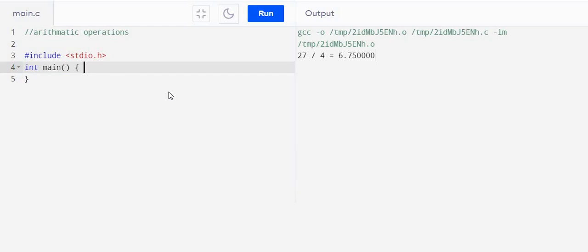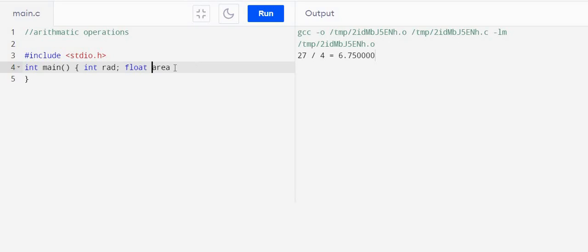Now let us consider, suppose you want to find out the area of a circle. Then for area of a circle, you need radius. So let us define, suppose, integer radius, and naturally the area, we know, can be float. So let us define area as a float variable.